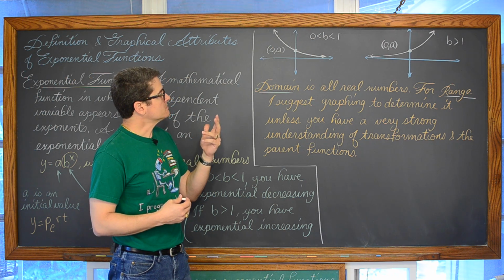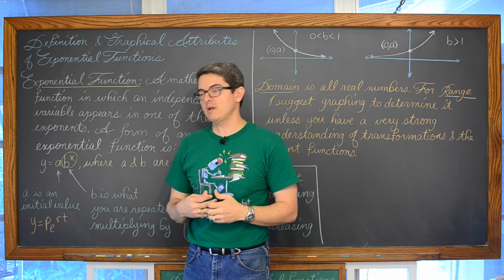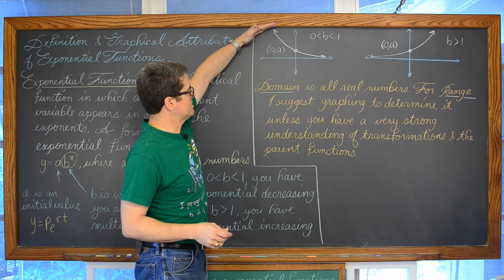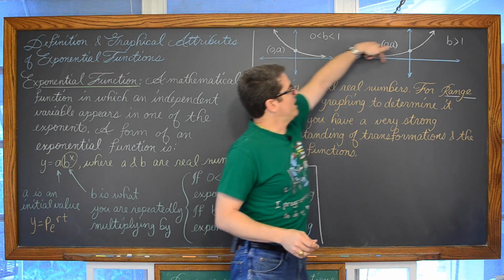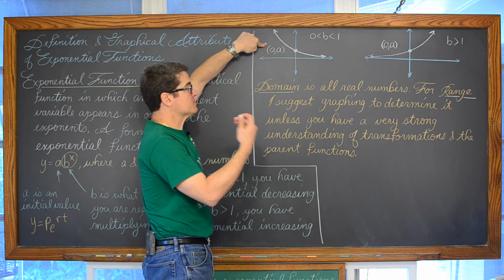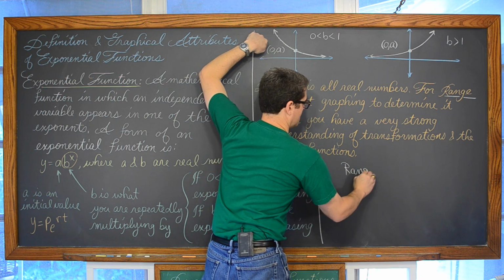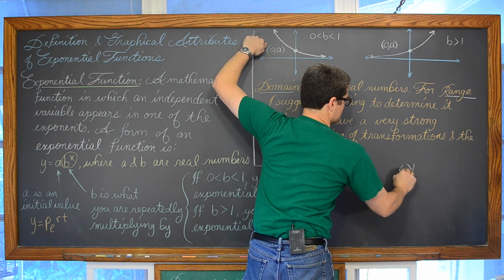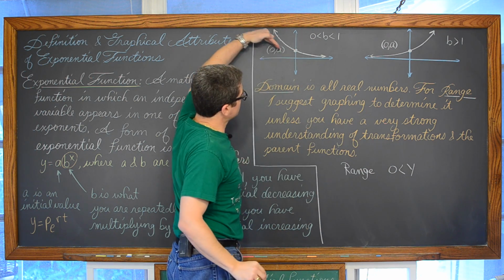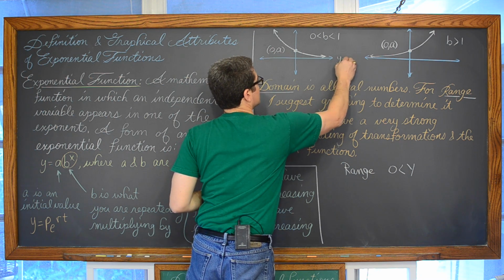But if we just have this y is equal to a b to the x and there are no fancy transformations done to it, it's just in this very basic form, we can see from these two sketches that they do go left and right forever, so the domain is going to be all real numbers. And the range, for this graph, the way it's drawn right now, is going to be y is greater than 0, and I'm not including 0 because it's approaching that horizontal asymptote, which is the x-axis, or y is equal to 0.